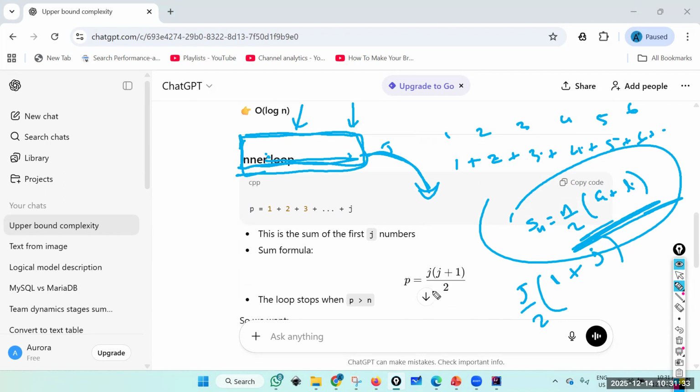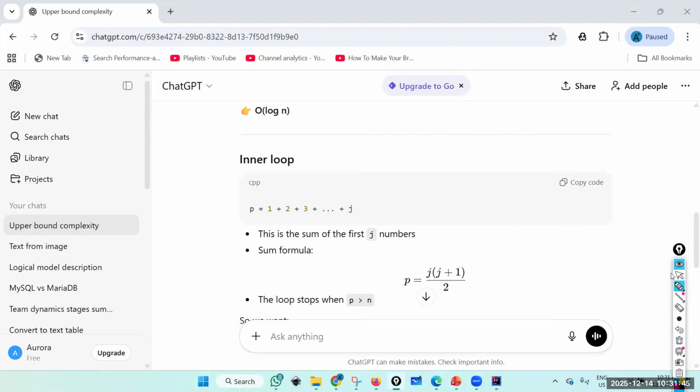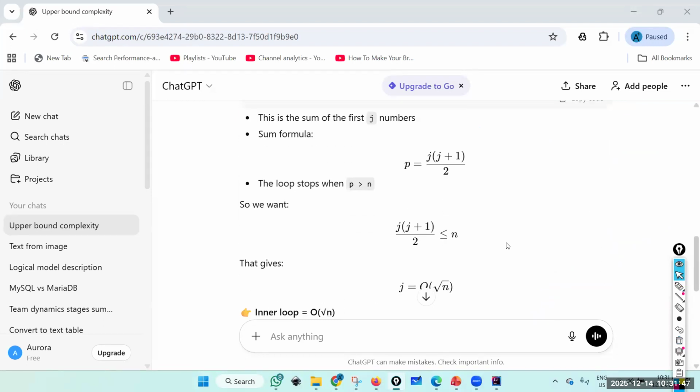This must be your p, and your p must be greater than or equal to n. So therefore, this must be greater than or equal to n. Sorry, greater than n. It's a tough question anyway. This must be greater than n. So we need to